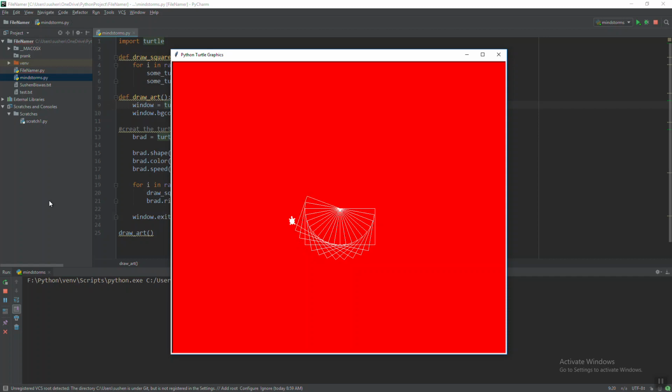And when the turtle draws that square 37 times, it gives me a very nice pattern,